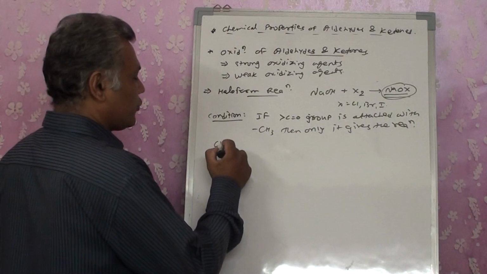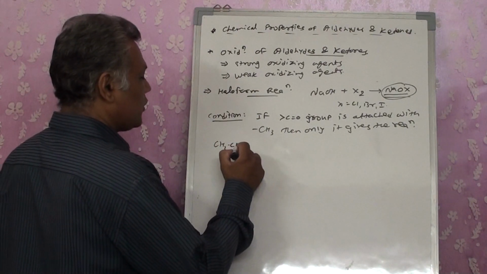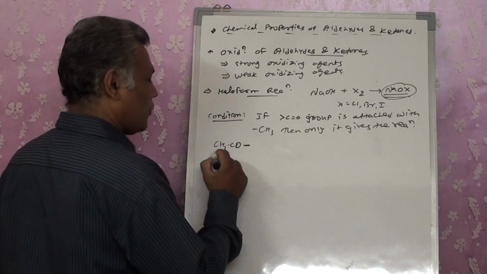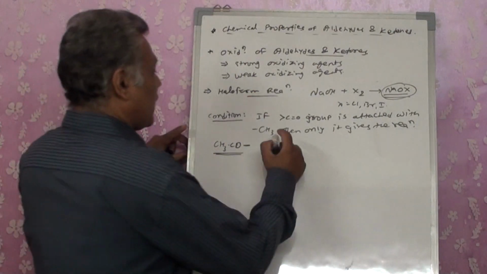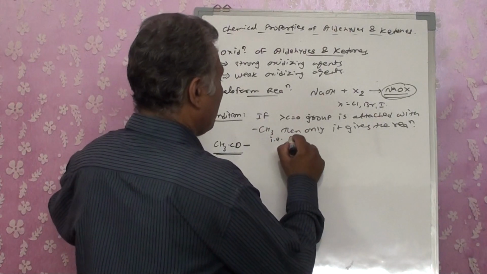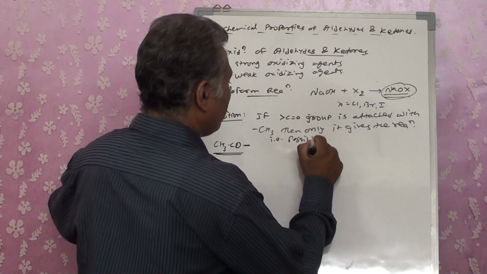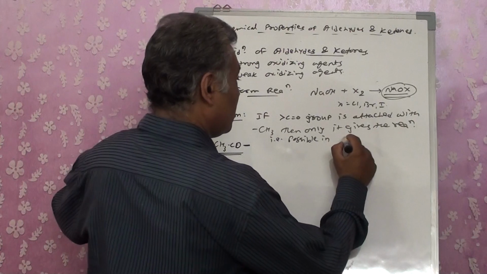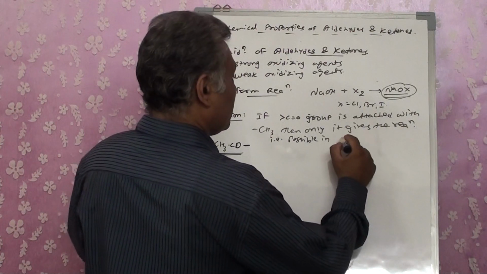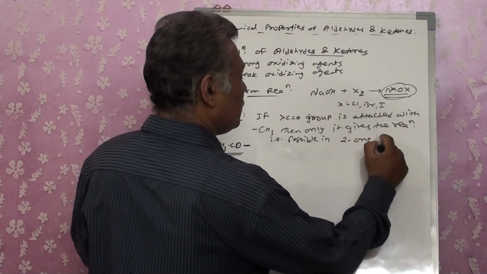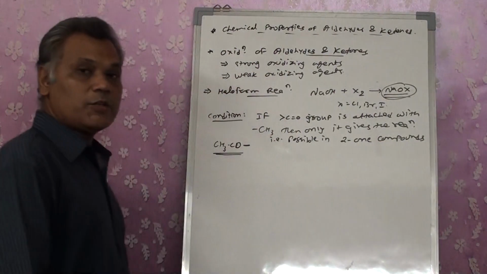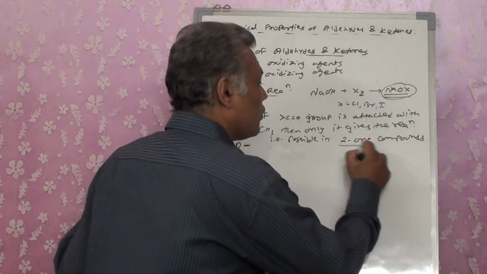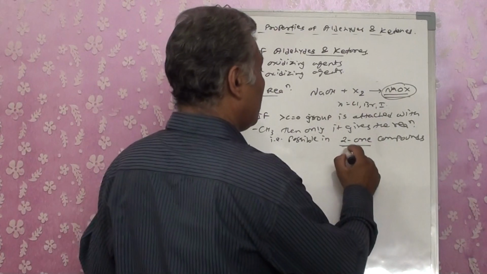That means you should have at minimum this much of a group, then only the reaction occurs. So that is possible in 2-one compounds only, or maybe